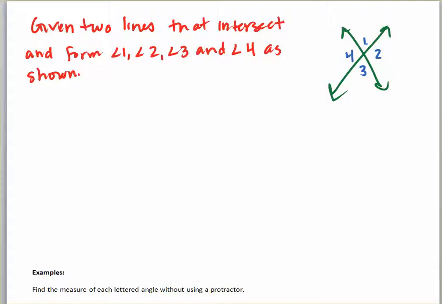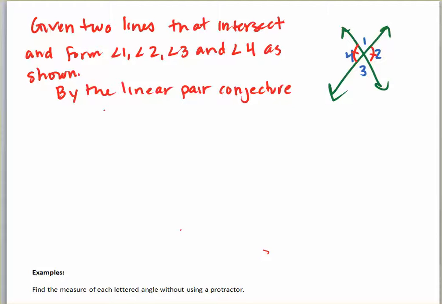So you can actually start this a couple of different ways. What I'm going to do is I'm going to show that angle 2 is congruent to angle 4 because they are both vertical. And then you can actually repeat the process to show angle 1 is congruent to angle 3. So once we have our setup, the hint here is to use the linear pair conjecture, and we're going to start with that. So by the linear pair conjecture,